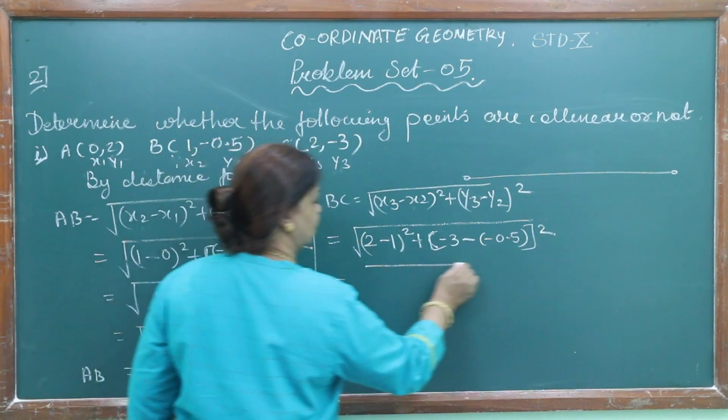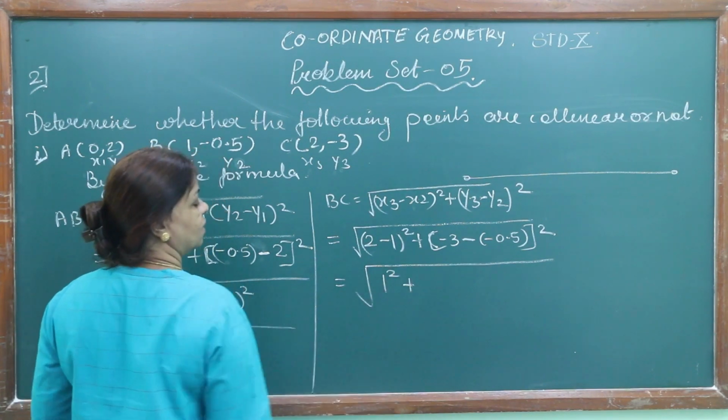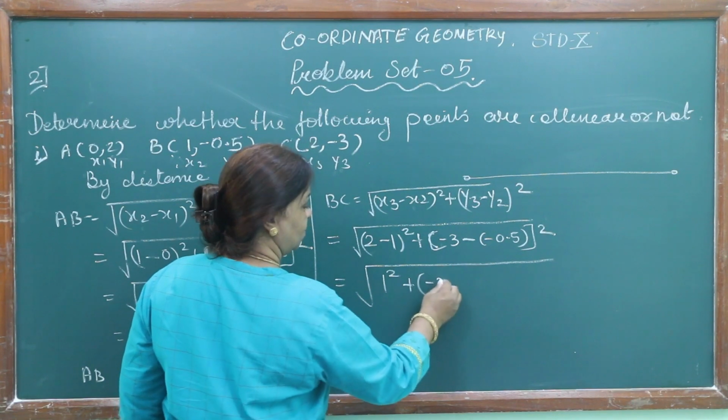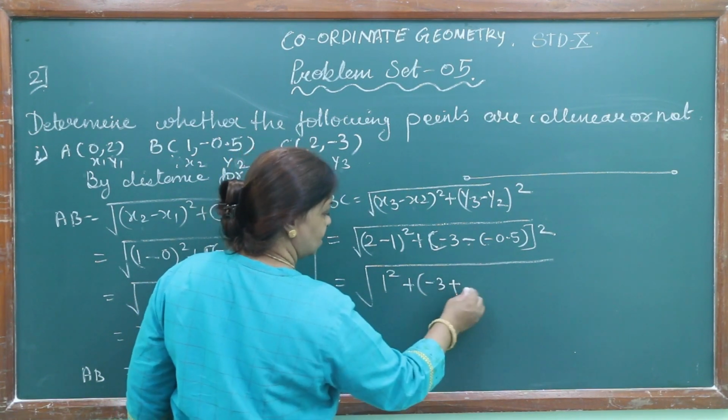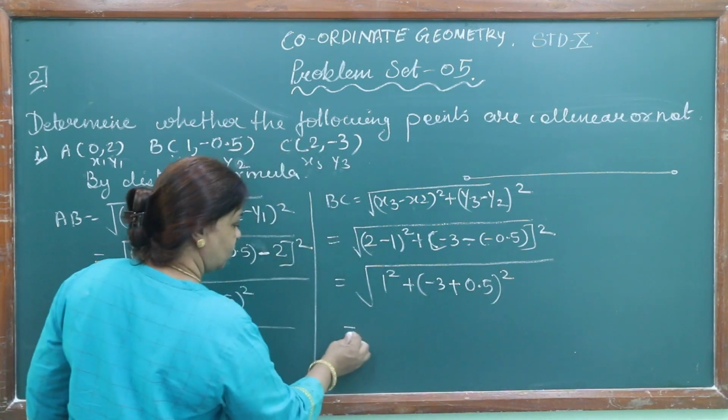What are we getting? 2 minus 1 is 1 square plus minus 3 minus minus will become plus, minus 3 minus minus plus 0.5 the whole square, which is equal to